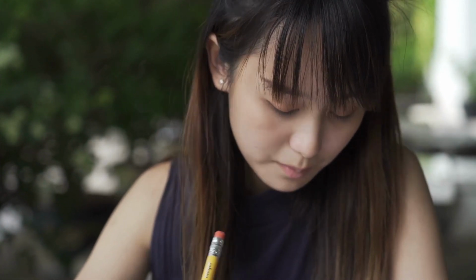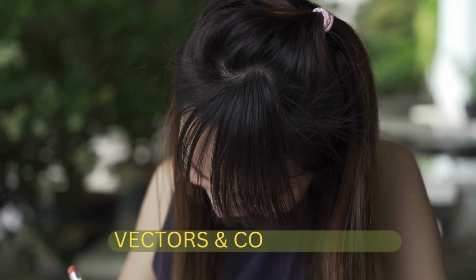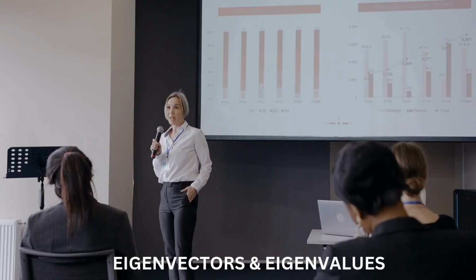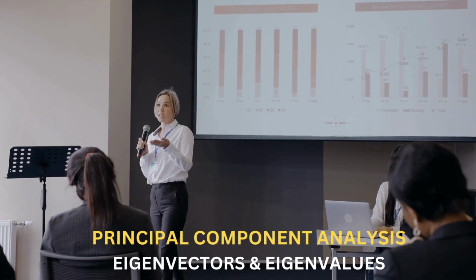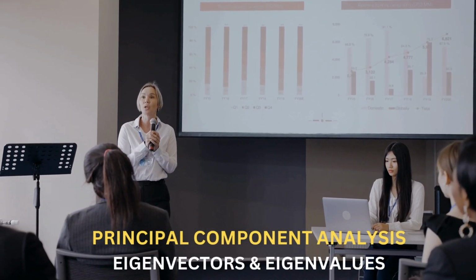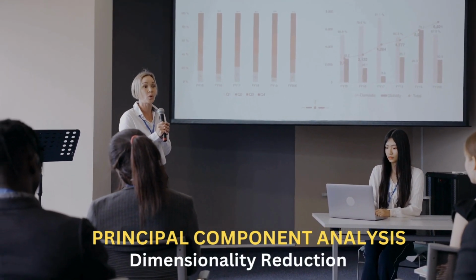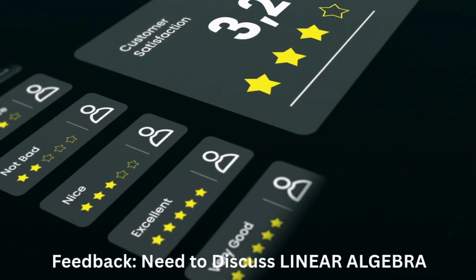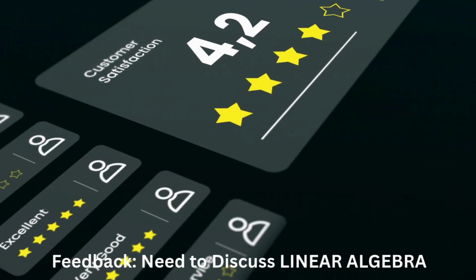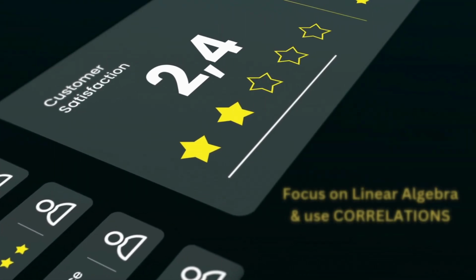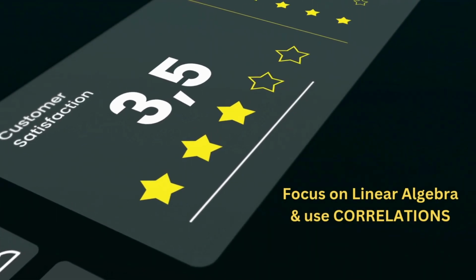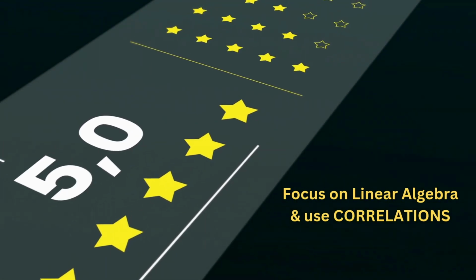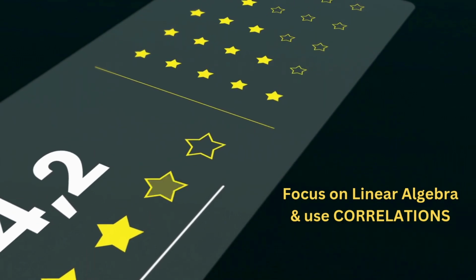Today we're going to build an intuition for vectors, correlation matrices, and most importantly, eigenvectors and eigenvalues for principal component analysis, or PCA. We actually discussed PCA before as a way to reduce dimensionality, and from the feedback for that video, I learned that there appears to be a bigger need to discuss linear algebra topics in depth. So in this episode, we'll make up for that and review PCA with a bigger emphasis on the linear algebra side and then focus on correlations rather than covariances this time.